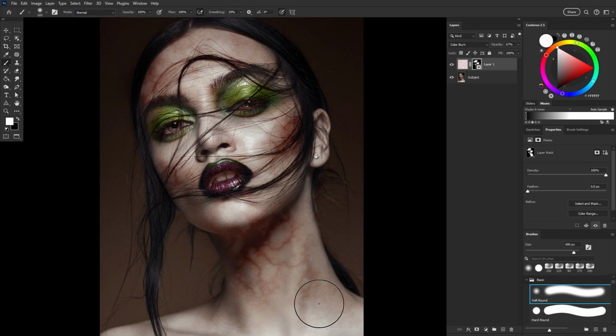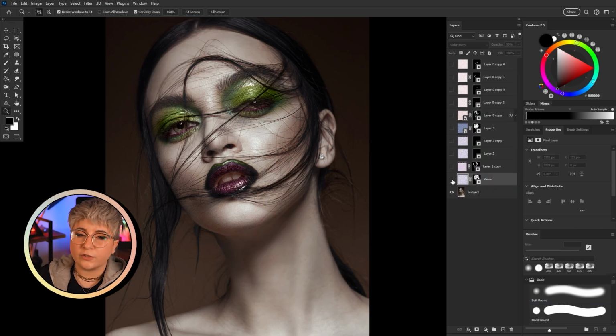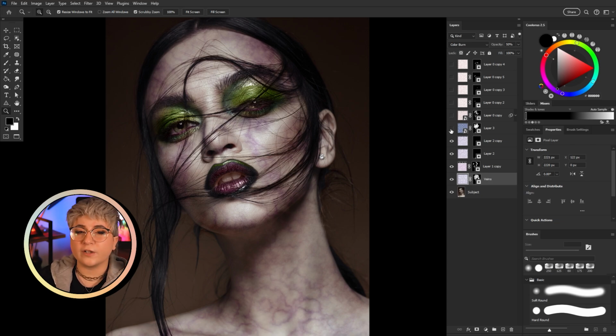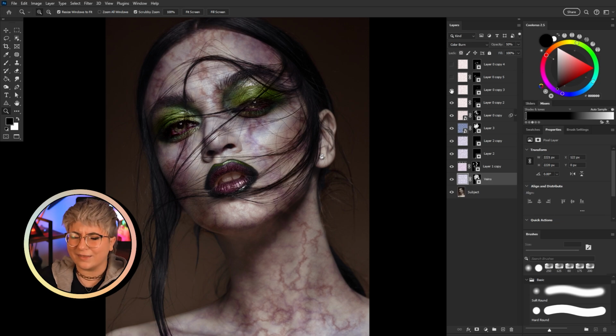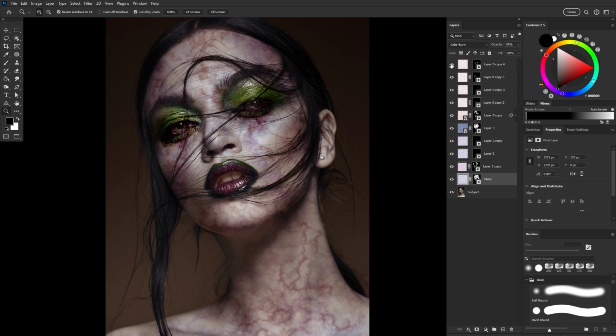For example, you can use this texture to create a really nice bloodshot eye effect when set to overlay. You can also use hue saturation to change the color of the veins. I went with a nice purple in the end. Or adjust their hardness using Gaussian blur, which will really help them look more underneath the skin. You don't want them to look too sharp.